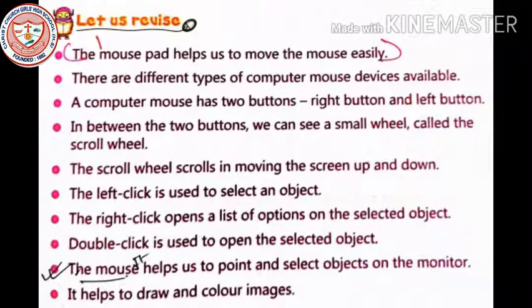So what is a mouse pointer? Whenever we switch on the computer, we can see a white arrow moving around the monitor, which is called the mouse pointer. We can move the pointer anywhere on the screen, and we can select an object. The mouse actually controls the mouse pointer, so with its help we can go anywhere on the screen where we want.